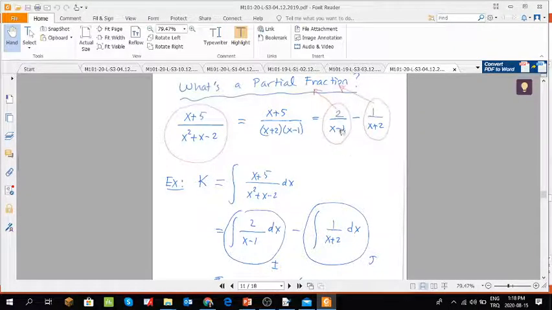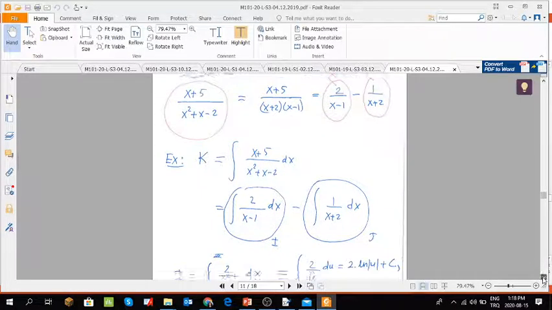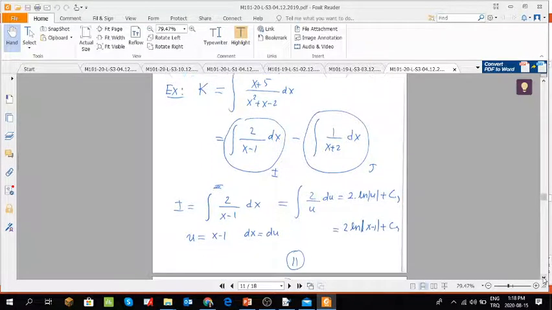Writing the partial fraction expression is very useful. This example shows it, because this is equal to this minus this. This integral is easy to integrate, we call it I. This integral is easy to integrate, we call it J. And then I is, of course,